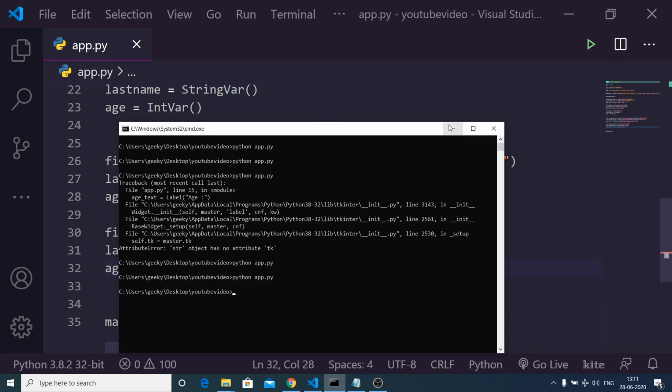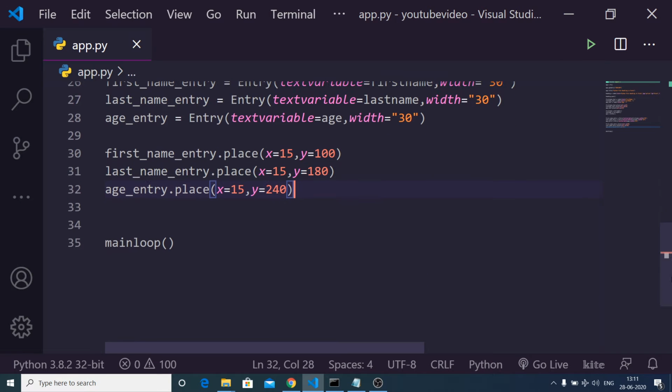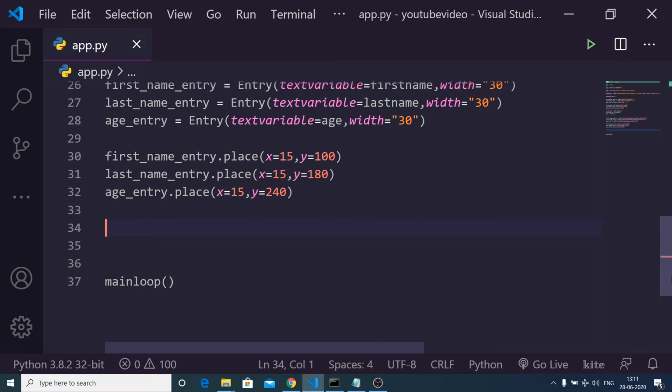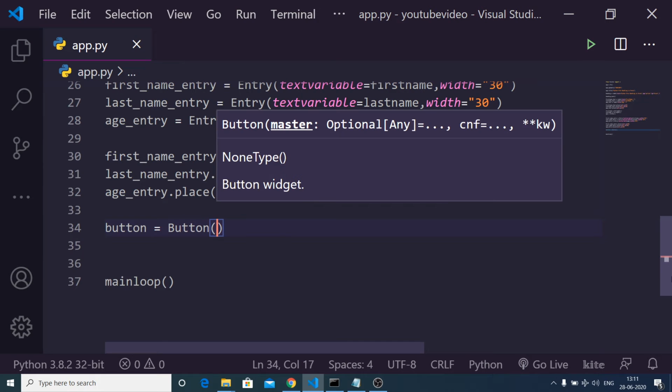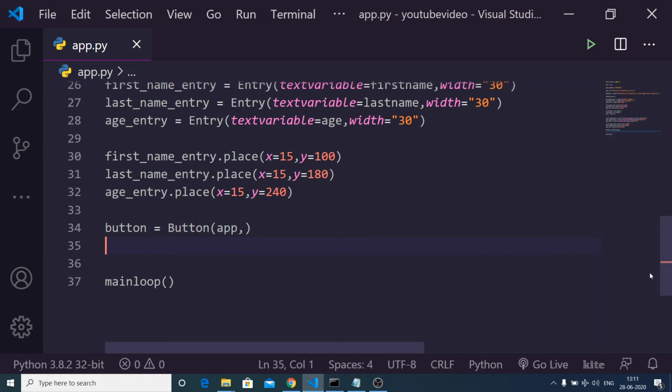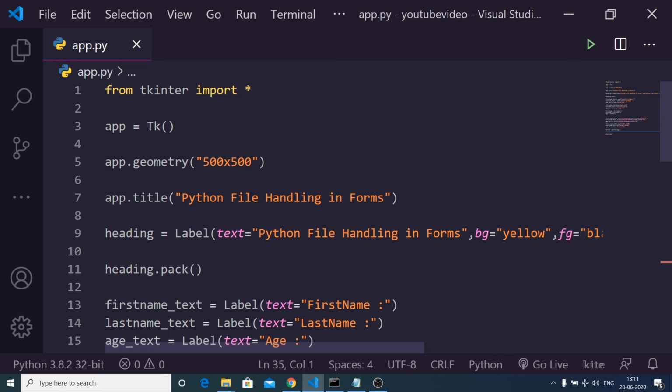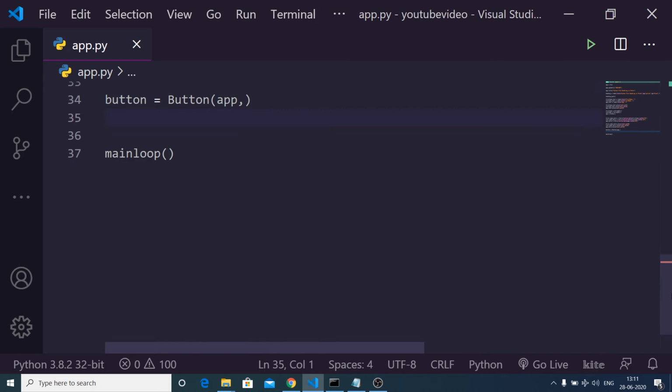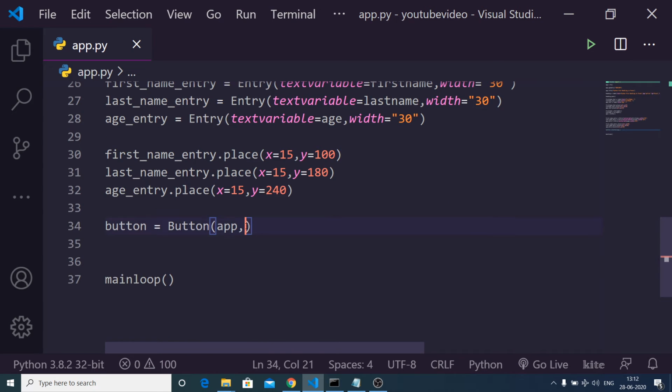And now we just need to add a simple button to the screen to submit these entries. So we will initialize a button. We have a Button widget, which takes some options. First is the app option, which is the actual app variable. You can see that we are passing this app variable. The next option it takes is the actual text label. So we need to write Submit Data,